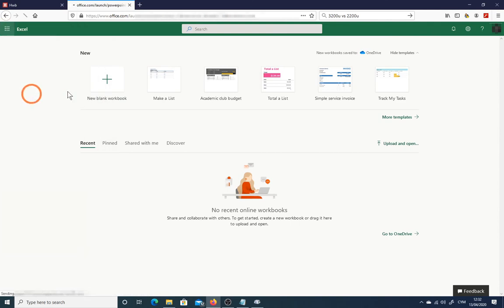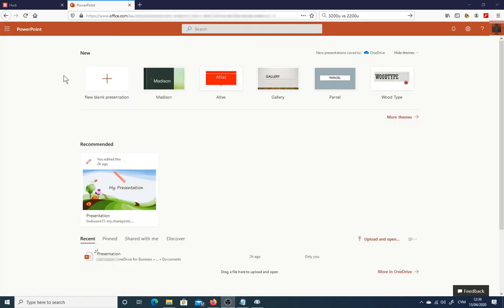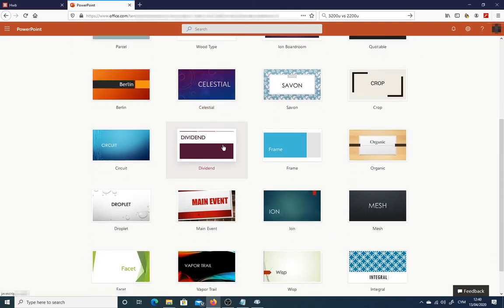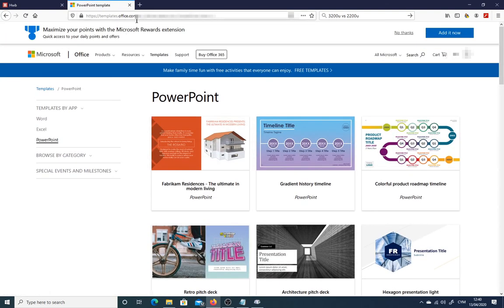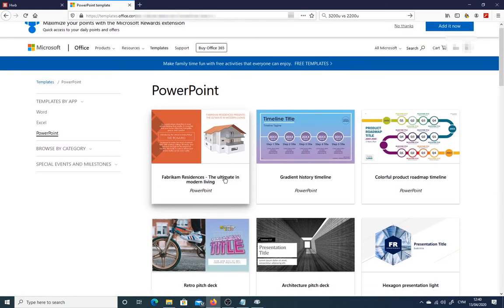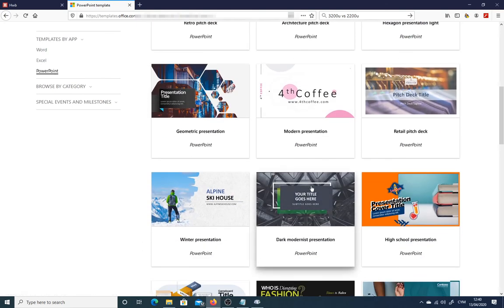Let's switch to PowerPoint. Once again, PowerPoint gives us the option of creating a new blank presentation, but typically that's not the way that we create presentations in PowerPoint. We normally want to base them on a pre-existing theme. We have a few shown in the top, but we also have access to more themes and even more themes. We can click this link down the bottom, explore all templates and themes, and this will take us to an external website, Microsoft's Office.com website, where we can have a look through and see if we can find a presentation theme that we like. Give it a little click,